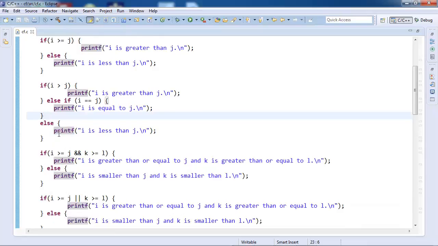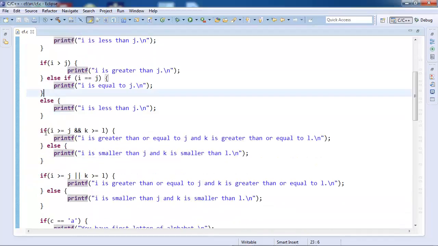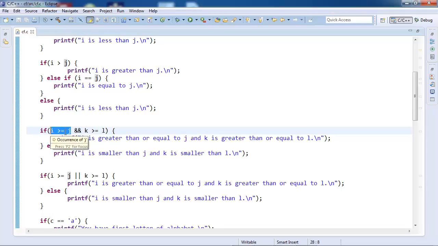Now we see more operators. We have 5, 8 and 7 and 10. So we say i greater than or equal to j, and this operator is logical AND. So what is this? This is false, 0, right? Now this involves a short circuit evaluation.